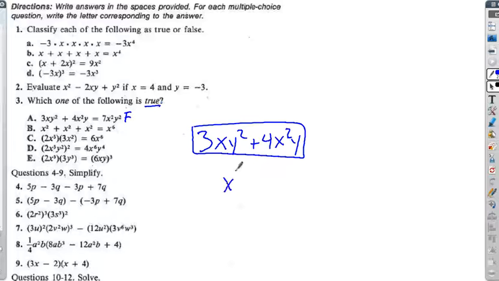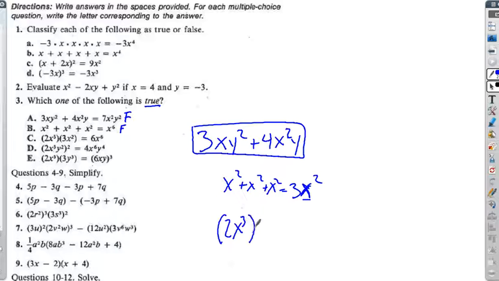Next one, x squared plus x squared plus x squared is equal to, well, if I have one x squared and I have another x squared, I combine them, I get 2x squared. And if I have a third one, I have 3x squared. So again, when I'm adding or subtracting, the variable remains the same. That is not what this has here, so I can say this is a false statement. C,